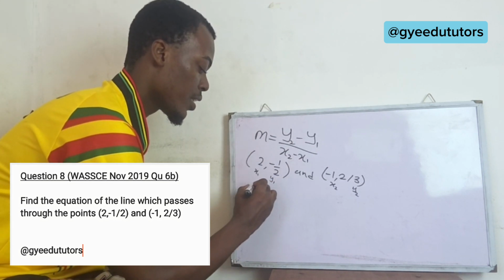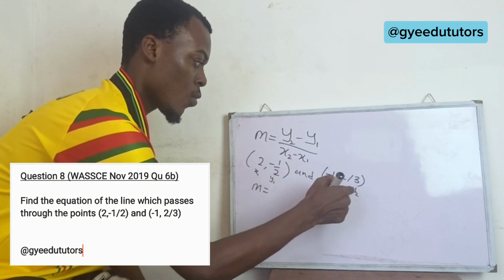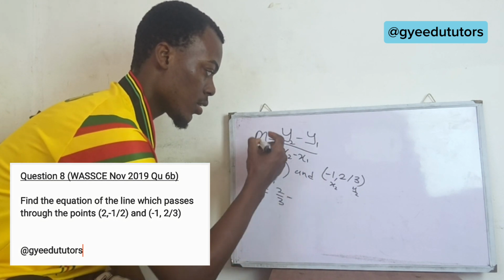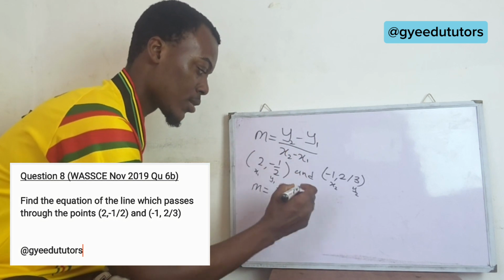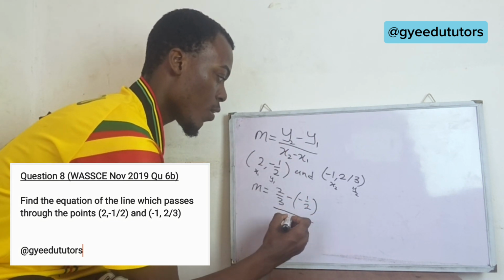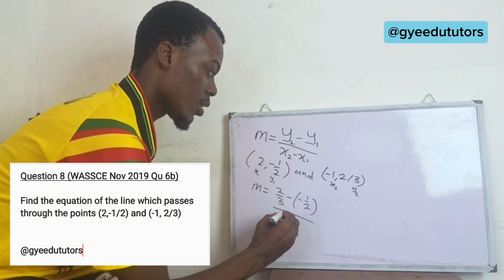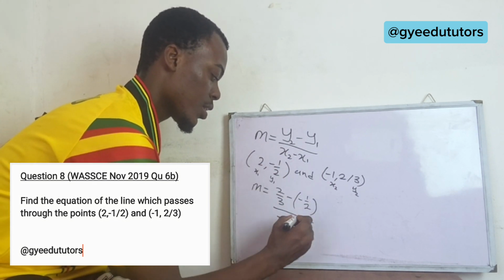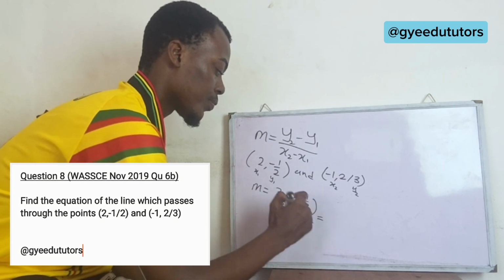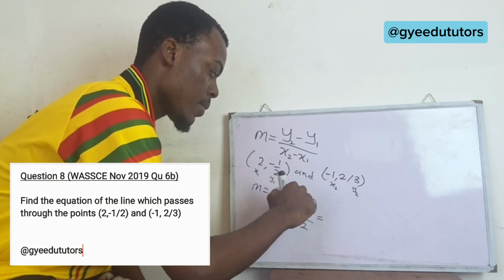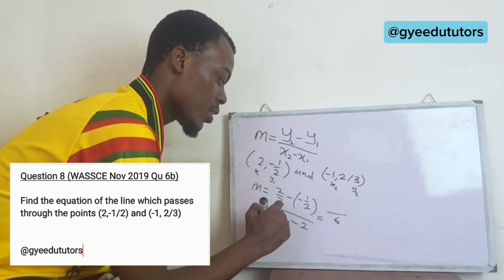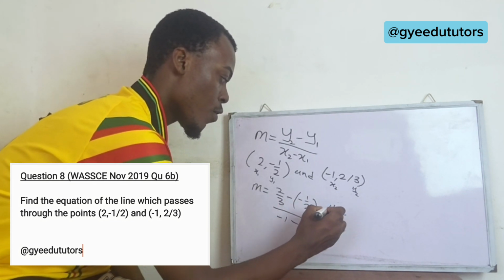So now finding the gradient, M is equal to y2, which is 2 over 3, minus y1, which is minus half, over x2, which is -1, minus x1, which is 2. Okay. So now we have 2 over 3 plus half over -1 minus 2. So if you use LCM, you get